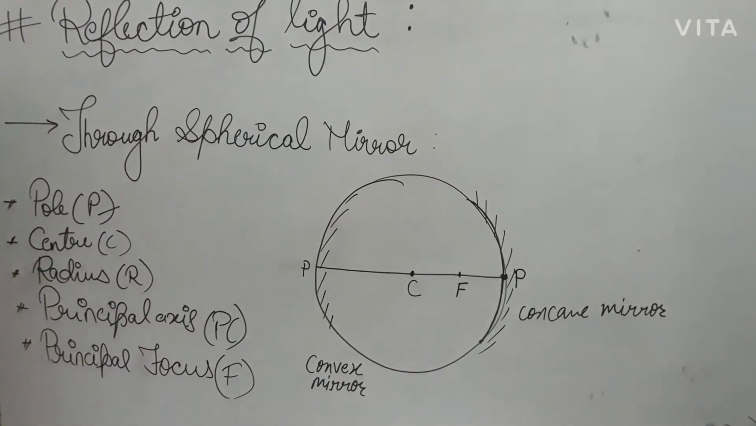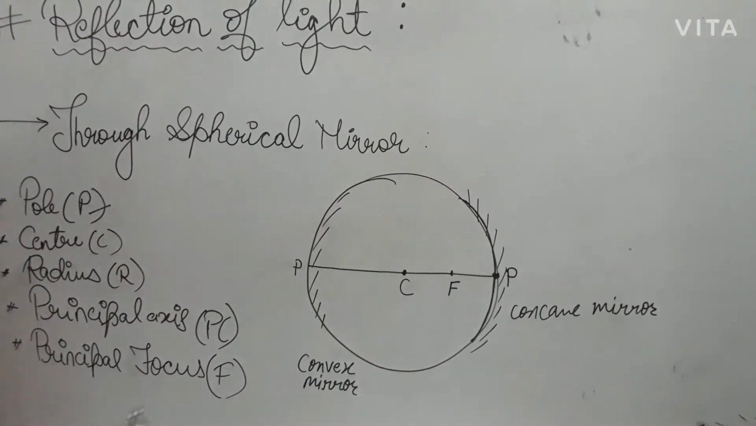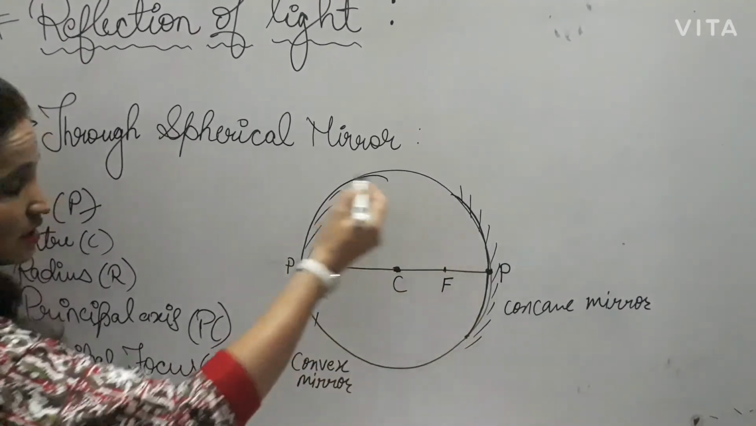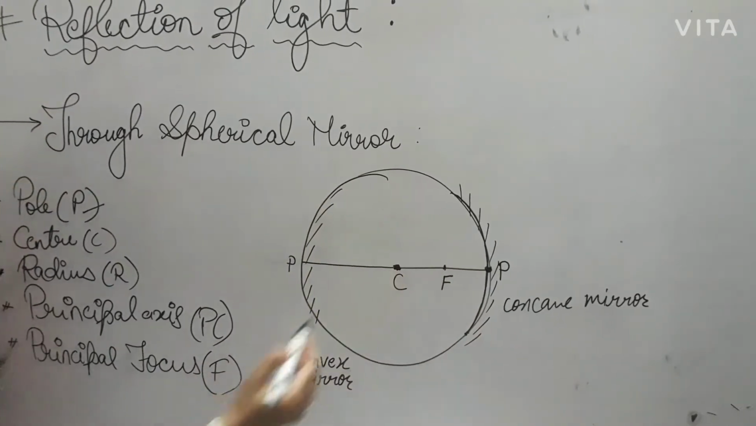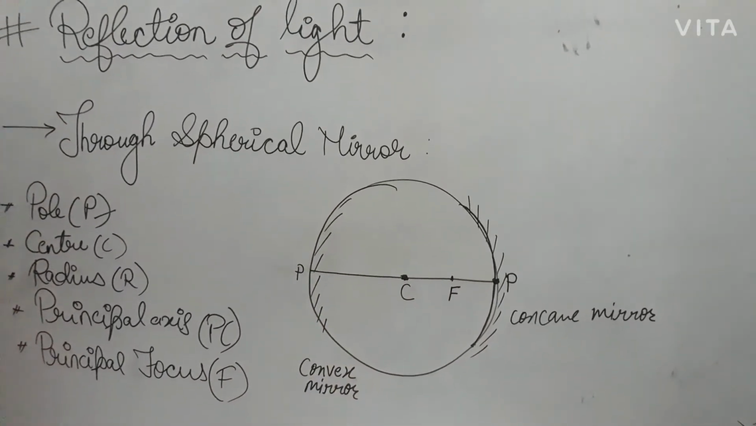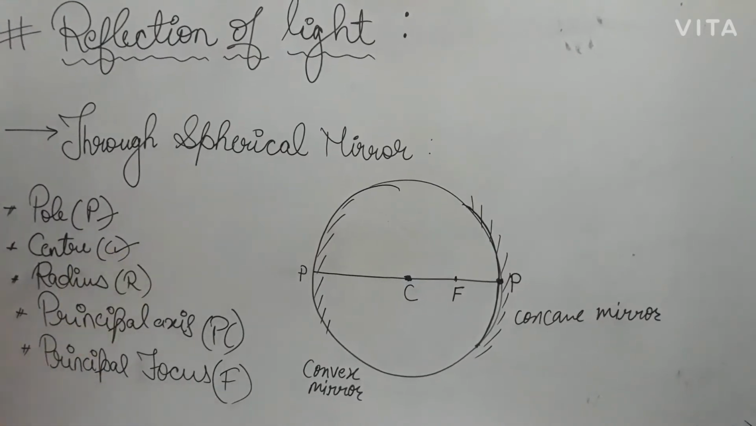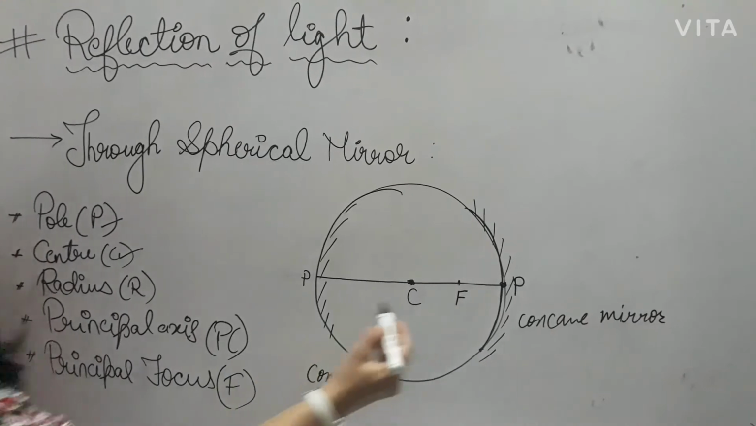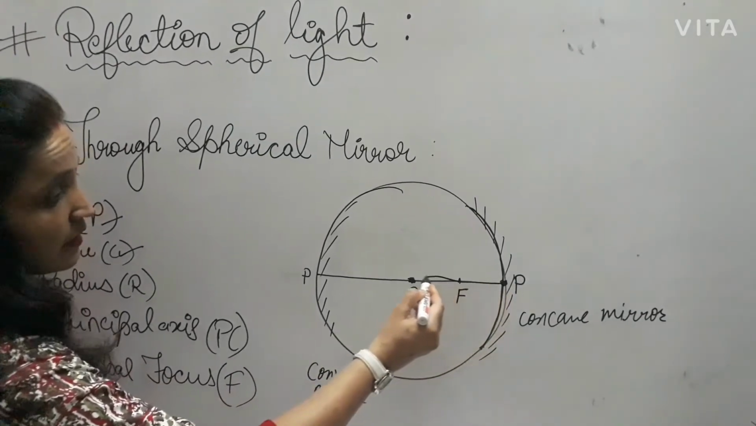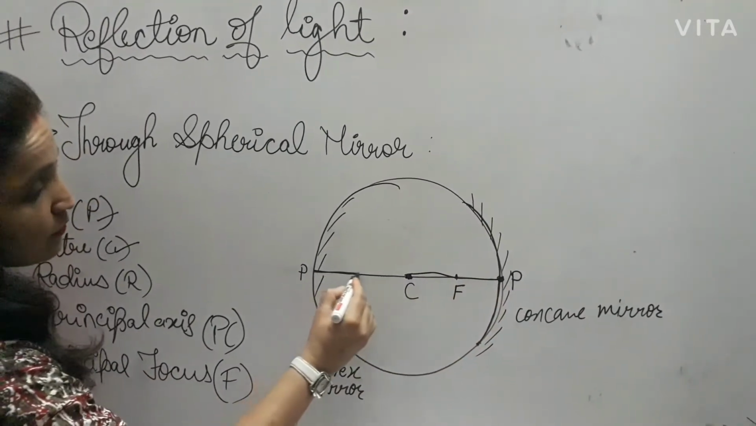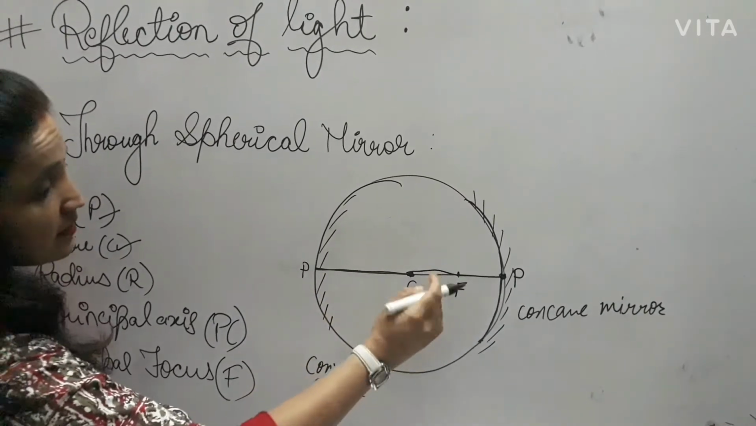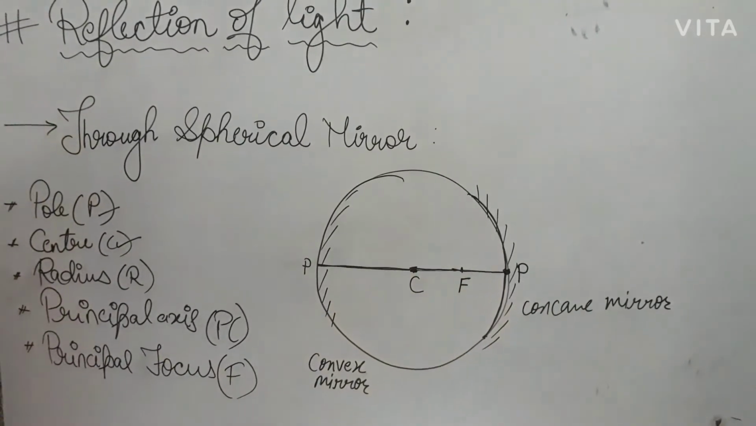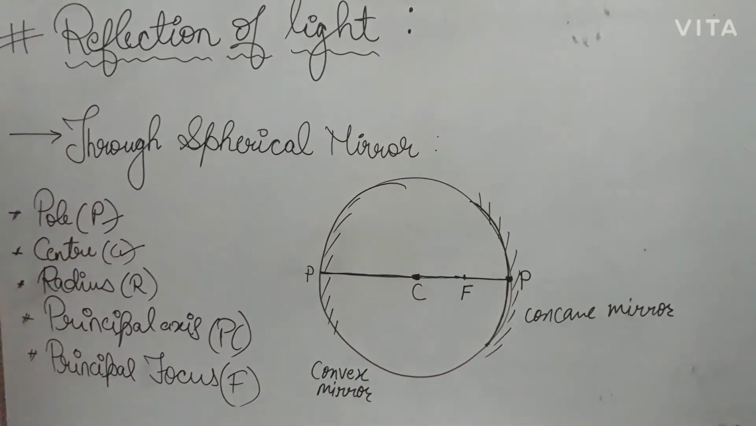Second is the center of curvature. You can see this is the center of this sphere. So the center of the sphere is known as the center of curvature, and it is denoted by C. Third is the radius of curvature. From this side, if we take, this is the radius. From this side, this is also the radius. So this is known as the radius of curvature, the radius of this sphere,